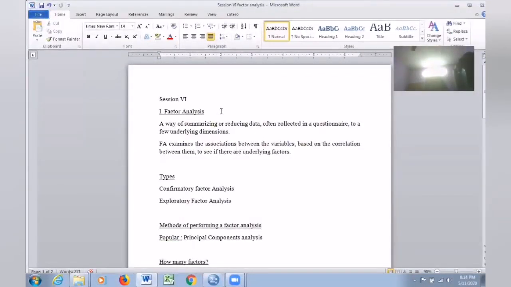For example, I ask you a few questions: your name, your gender, your date of birth, nativity, father's name, mother's name, all those things. Then I ask you about your performance in 10th standard, 12th standard, UG, what course you did, where you did your PG courses or MPhil or PhD.